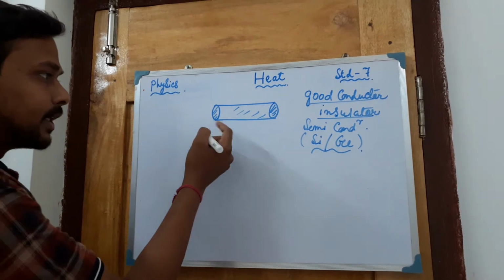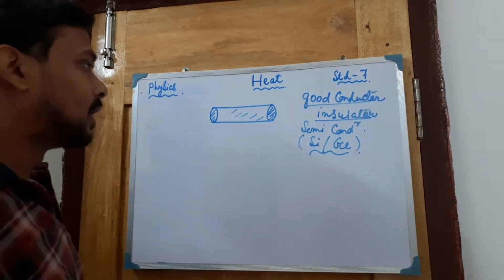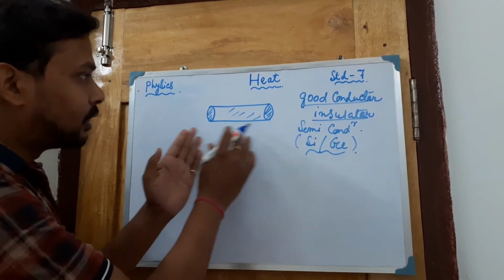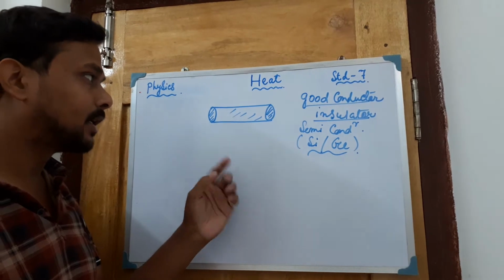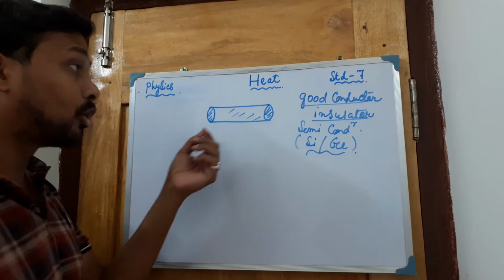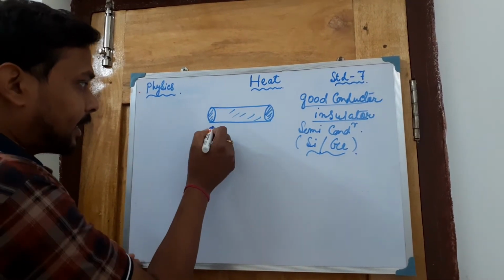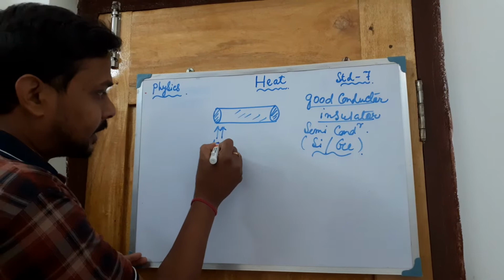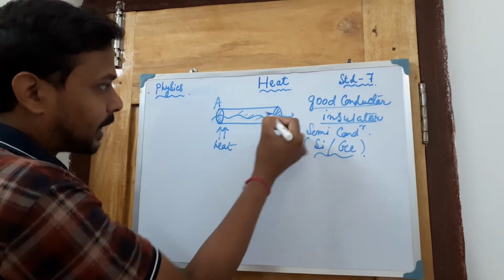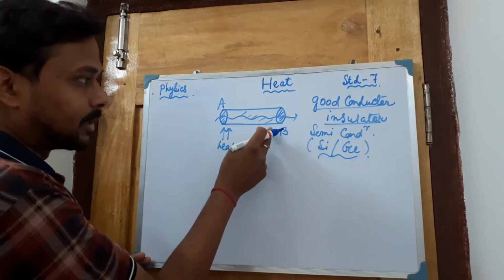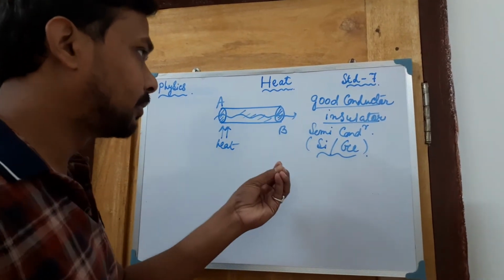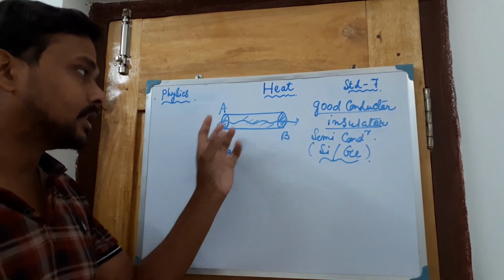So how can you check whether this is a good conductor or a bad conductor? The simple process is to see whether heat is flowing through it. If heat flows through it, then definitely it's a good conductor. If it's not a good conductor, then heat will not flow. Suppose this is made of copper or brass, and you give heat energy at this portion A, then the heat will pass through this way. If you touch after some time on the B side or anywhere else, you can feel the temperature of the body. You can feel the heat flowing through it.